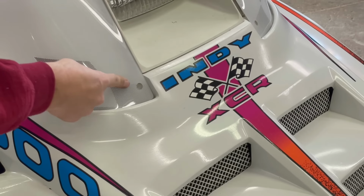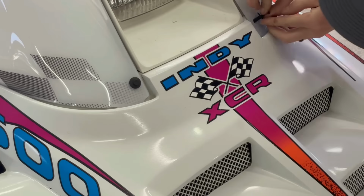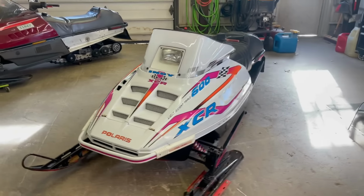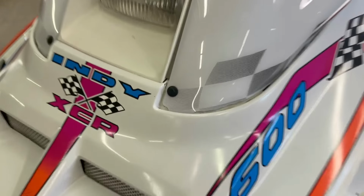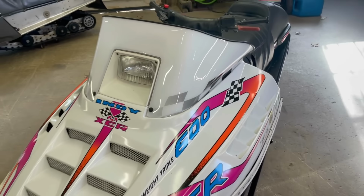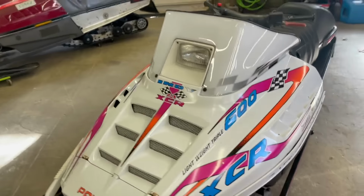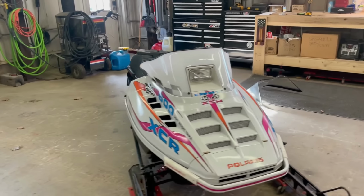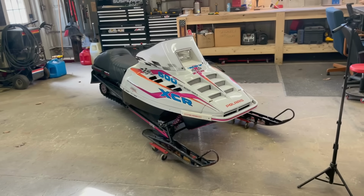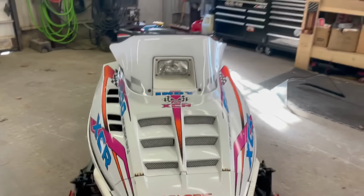Can't forget these little guys. There we go. That is much better. And you can see fitment isn't perfect. Still see some gaps and whatnot. But that's all right. We now have a way better windshield than what was on there. I love the look of these. Just compared to those, it gives it more of that race look. As you know, lightweight race sled, right? Now, it's kind of more of a ditch banger. Okay,